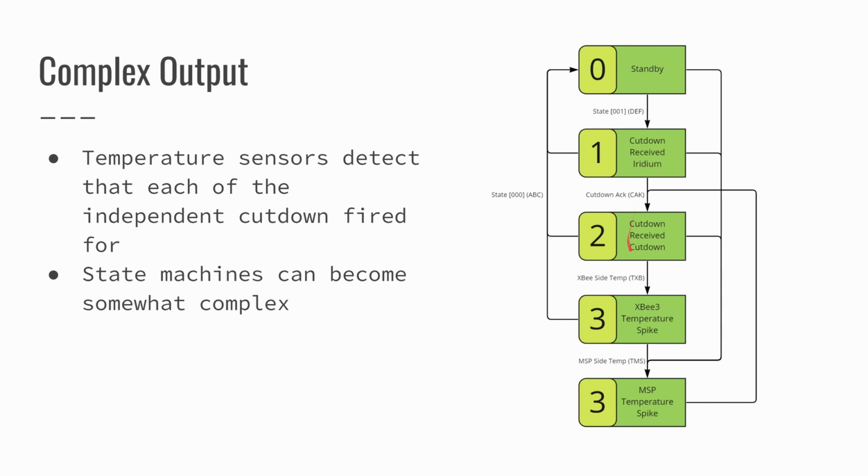So basically the same thing. Hey, received cut down. Hey, the endpoint received cut down. Hey, the endpoint received cut down, and the temperature has gotten hot. So we've tried to cut it. We've detected that the physical thing that cuts the balloon down has actually happened. And then over here is the redundant system.